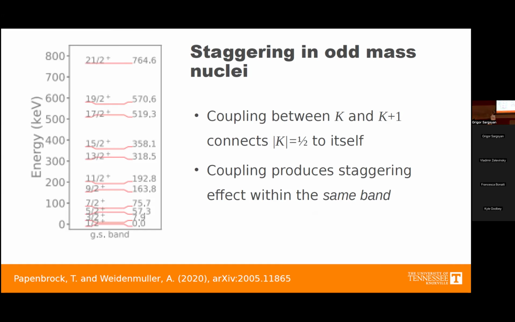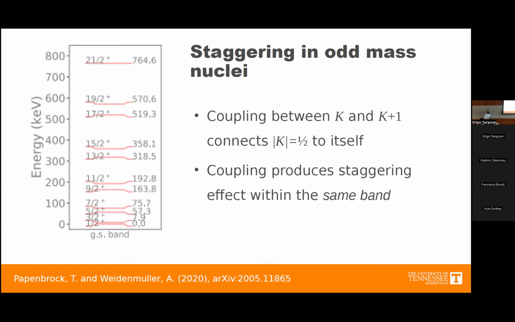And even in some nuclei, interestingly enough, you can actually see an inversion that happens here where this 1/2 state is actually moved above the 3/2 state that would come above it in the rotational band, which is always interesting. But our effective theory here is really not to describe odd mass nuclei,